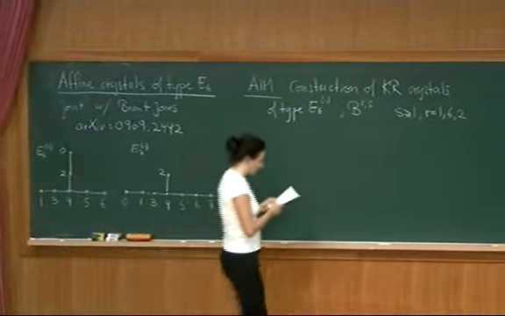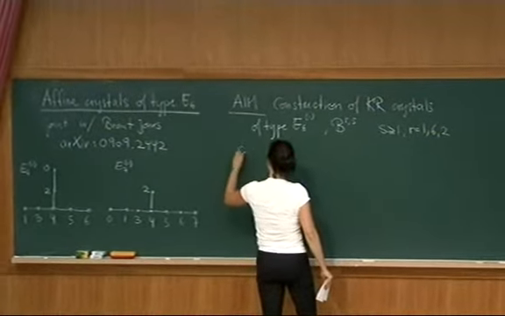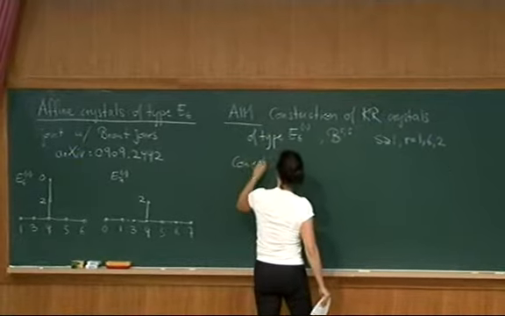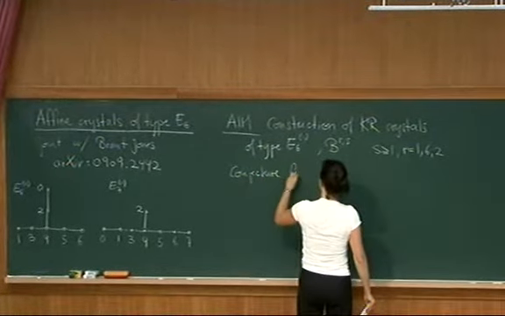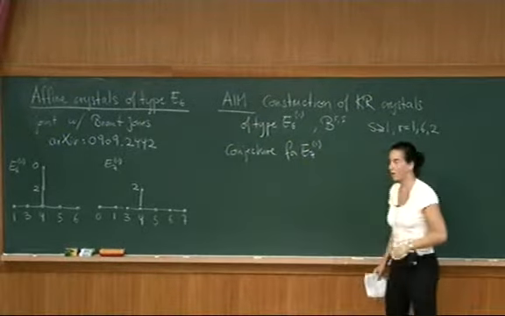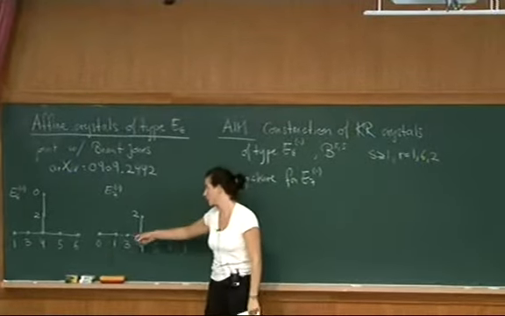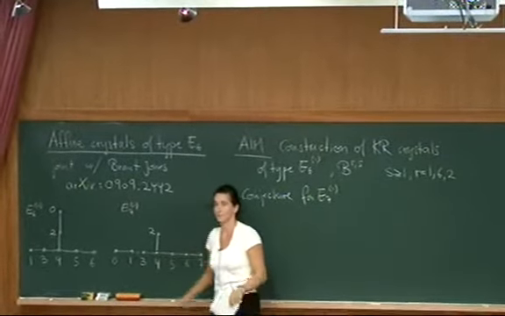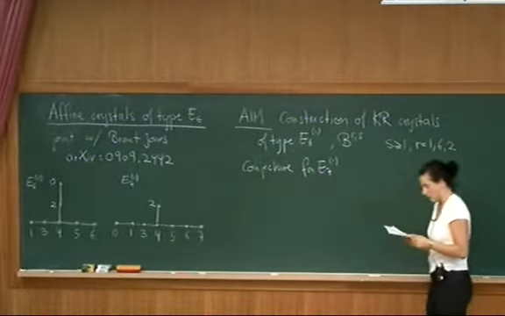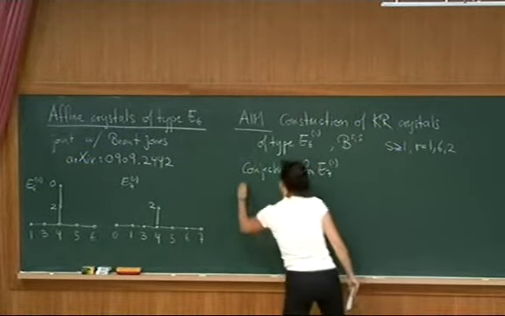Okay, and so we do this for type E6, and then, as I said, I will also give a conjecture for E7 for the adjoint node. And so my labeling for E7 is this, and the adjoint node in this case is the 1. Okay. So let me tell you what our methods will be.